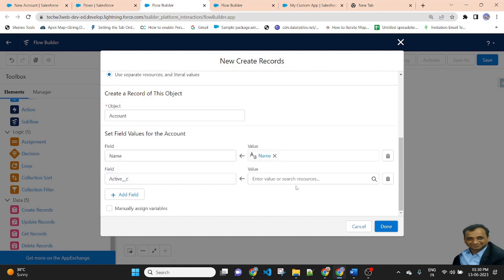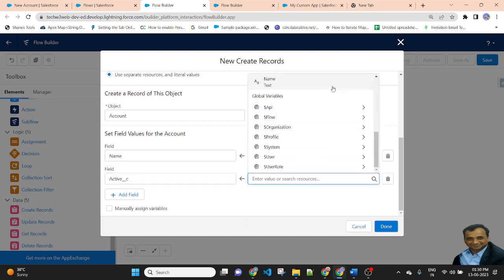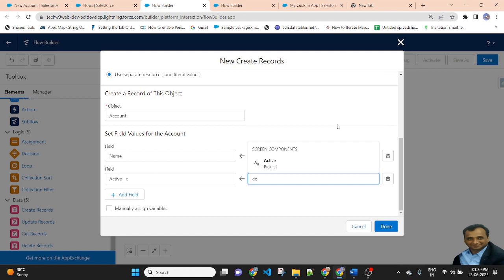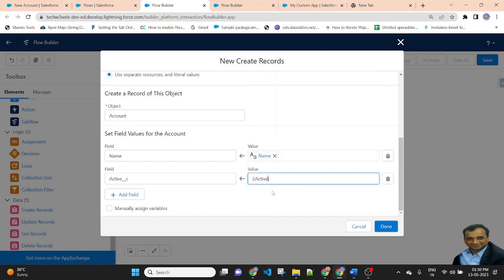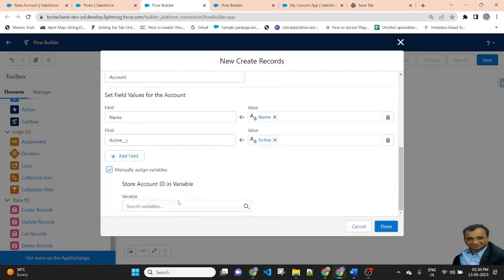Active is a custom field and the value will come from the screen flow, the active picklist. Then don't forget to check the manual assign variable, because I am storing the record ID of the account.